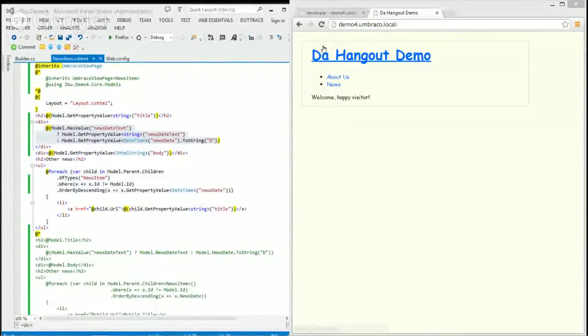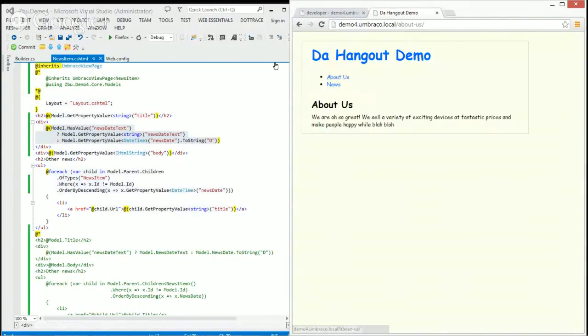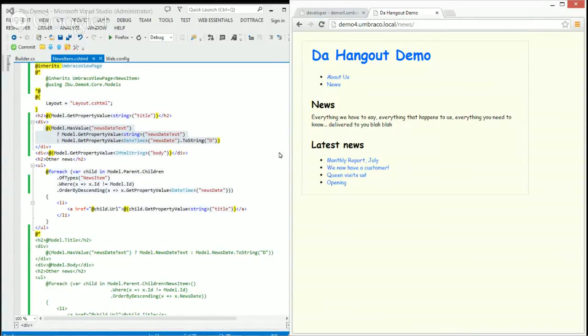What you see on the right part of the screen is the demo for this Hangout. It's a beautiful website. Yeah, we paid quite a lot of money for that design to a big agency in Paris. It's a basic website. We have an About Us page which will tell who we are, and we have a news section. In the news section, we have a bit of text to say hello, and then you have the latest news.